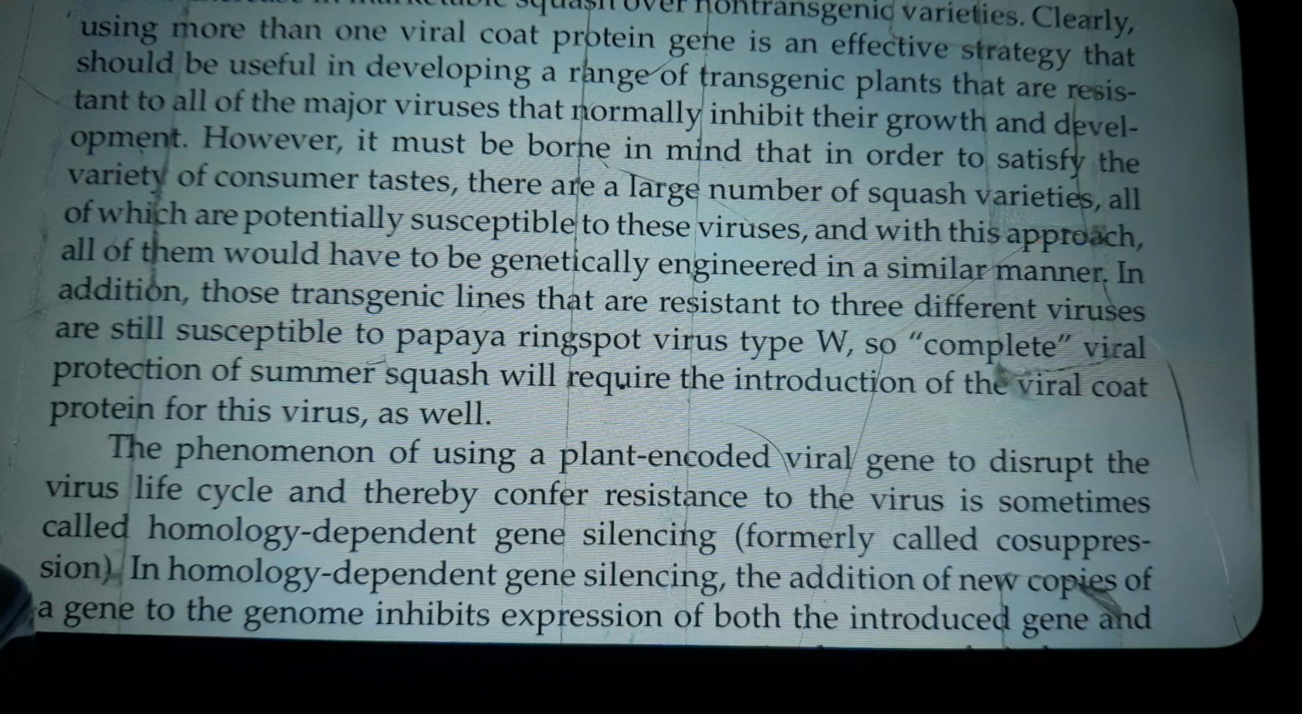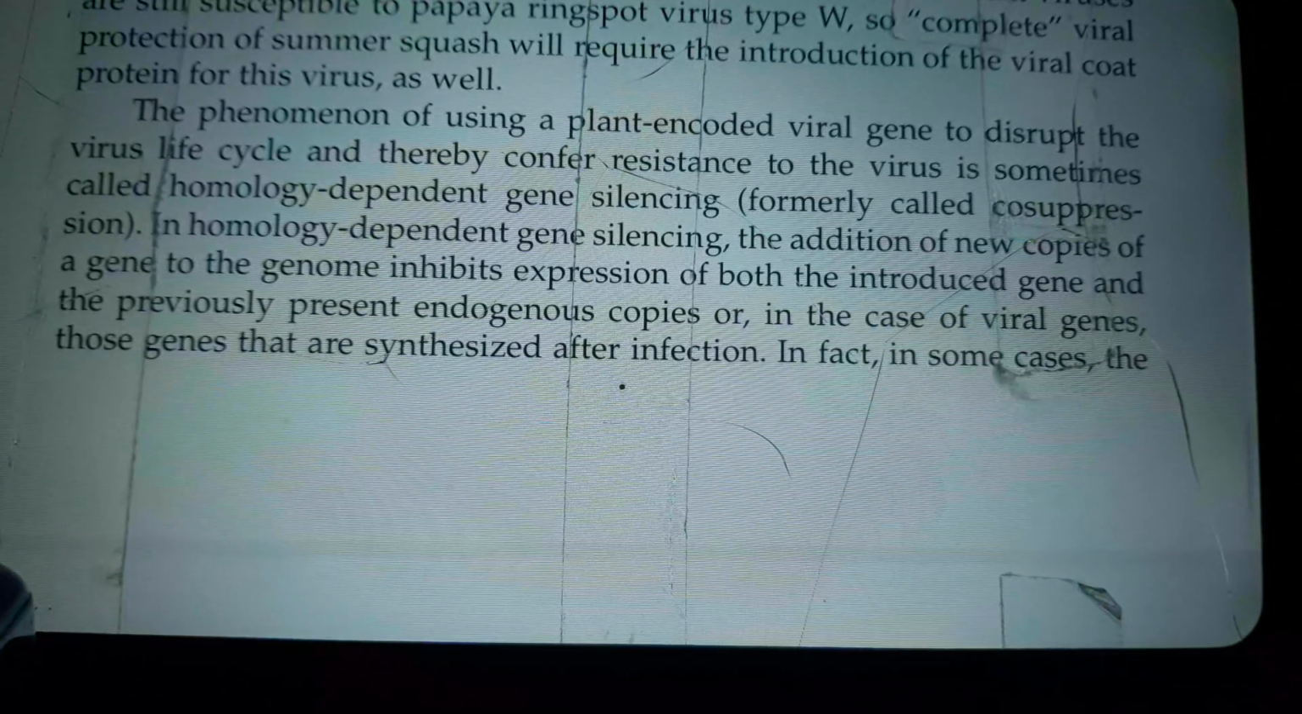virus type W, so complete viral protection of summer squash will require the introduction of the viral coat protein gene for this virus as well. The phenomenon of using a plant-encoded viral gene to disrupt the virus life cycle and thereby confer resistance to the virus is sometimes called homology-dependent gene silencing, formerly called co-suppression. In homology-dependent gene silencing, the addition of new copies of a gene to the genome inhibits expression of both the introduced gene and the previously present endogenous copies, or in the case of viral genes, those genes that are synthesized